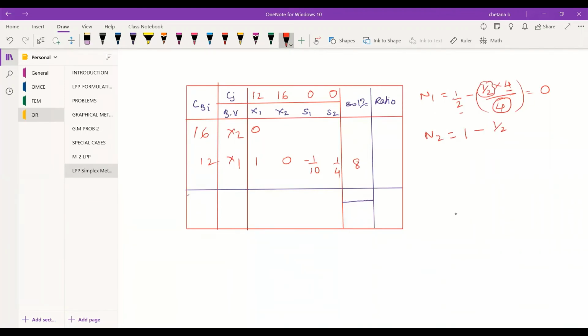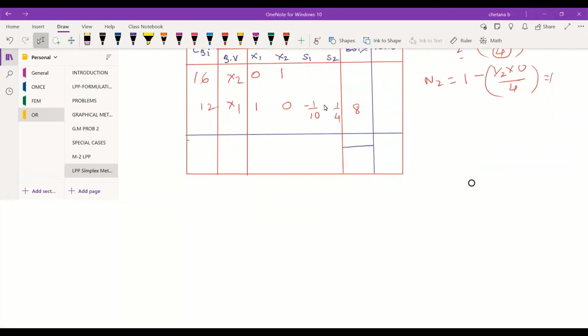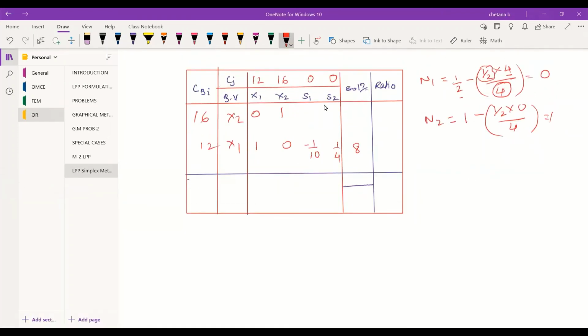So 1 minus 1 by 2 into 0 by 4. Okay, coming to the third, last, I think we will get all negative and 0. So N3.